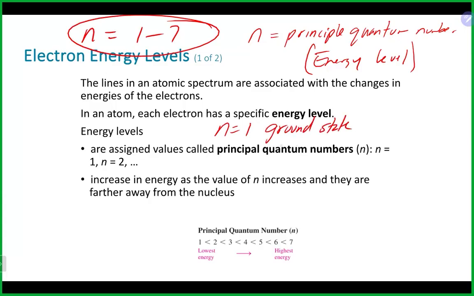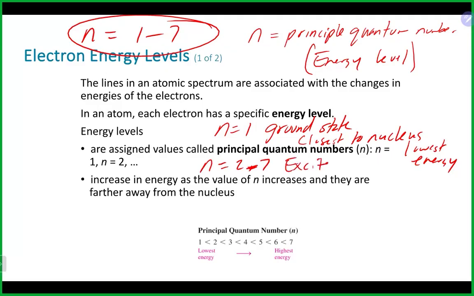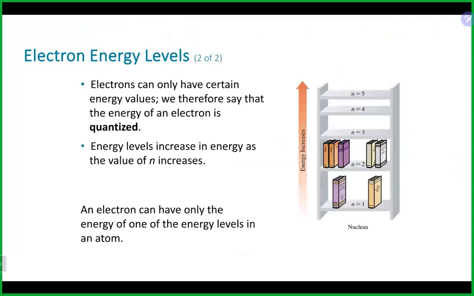And that is the one that is closest to the nucleus, lowest in energy. Anything above that, N equals 2 through 7, those are sometimes referred to as excited states. And those are higher in energy. They're further away from the nucleus. So you could think again, N equals 1 is closest to the nucleus, then N equals 2, N equals